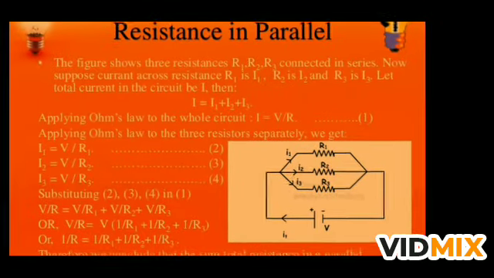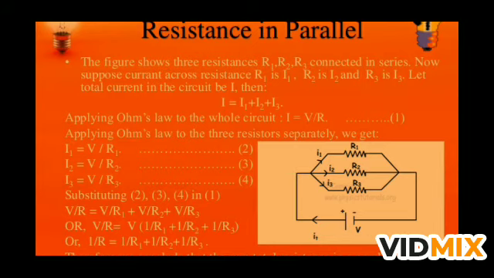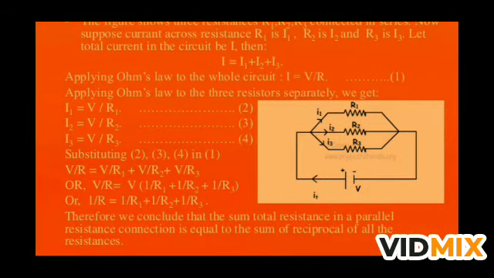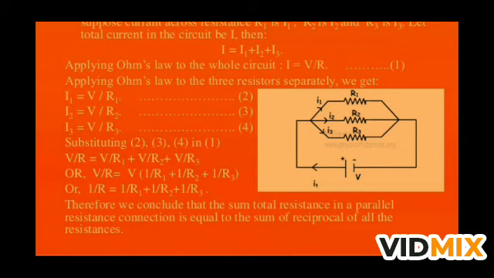If you see the circuit diagram of this parallel arrangement, you can see that R1, R2 and R3 are connected at the same points, plus and minus, which means all three have the same potential across their ends. If you apply I is equal to I1 plus I2 plus I3, and place the value of I1 equal to V upon R1, here V is the same, I2 is equal to V upon R2, and I3 is equal to V upon R3, meaning we are keeping V, the potential, the same. If you put these in the equation, you will get 1 upon R is equal to 1 upon R1 plus 1 upon R2 plus 1 upon R3. This means the total resistance in a parallel connection is equal to the sum of the reciprocals of all the resistances.